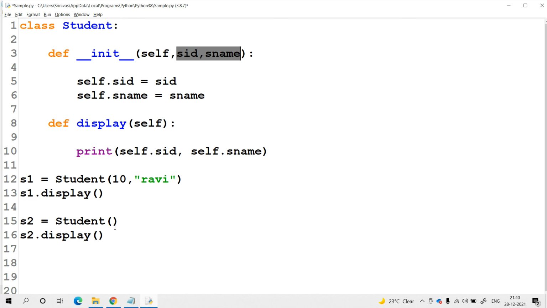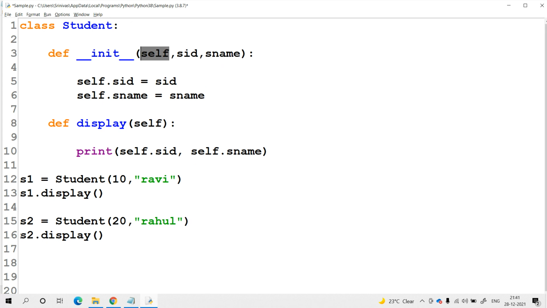Now the beauty of the parameterized constructor is that for different objects we can assign different values. For the second object S2, let me try to assign some other values. So here the value that I am assigning to SID is 20 and the SNAME is Rahul. While creating the S2 object, we are passing 20 to the SID and Rahul to the SNAME. The same values we are assigning to the instance variables of the given class, and here the instance of this particular constructor is S2. S2 is the object that is available in the self keyword. Through the S2 object, the SID is 20 and the SNAME is Rahul.